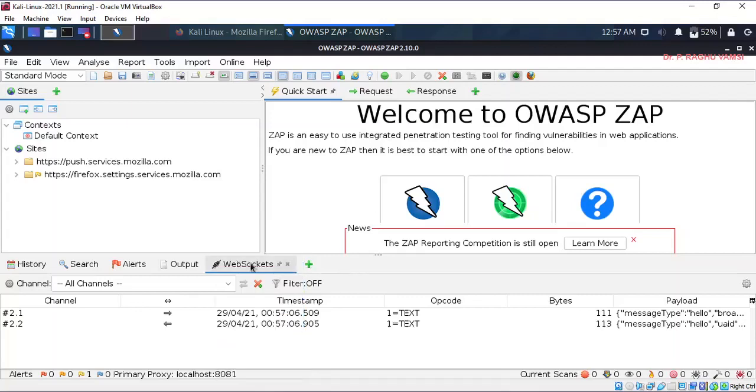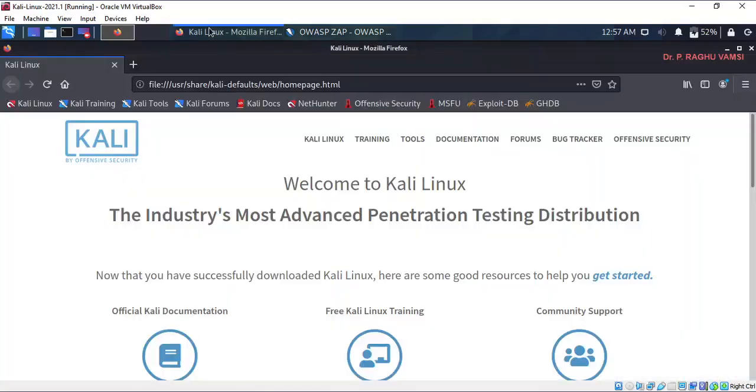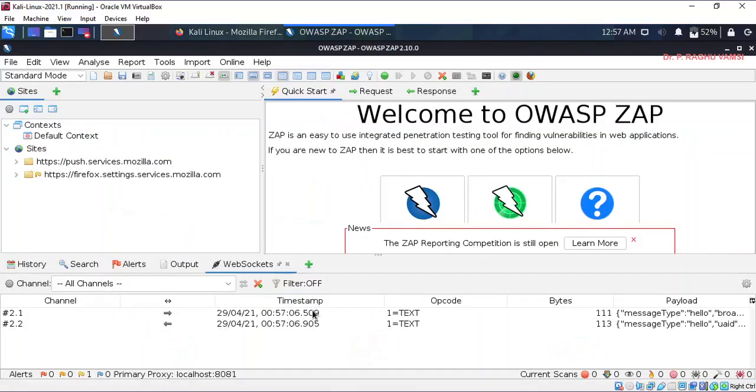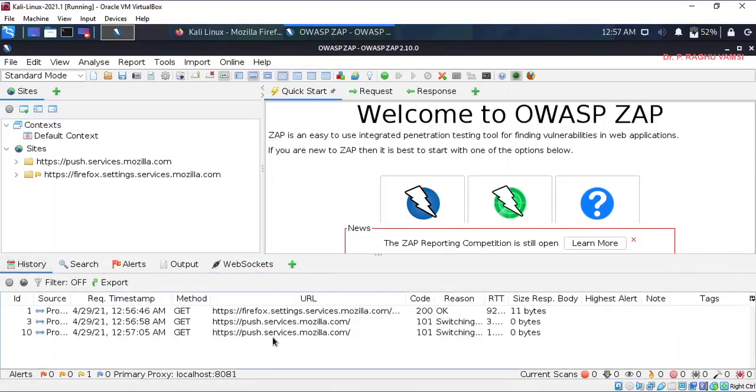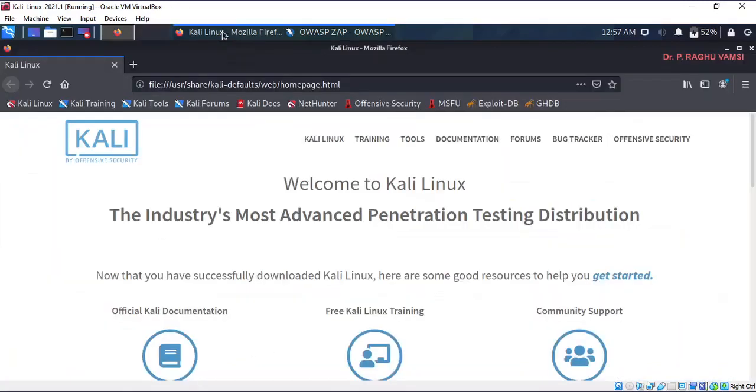Here, the WebSocket was established with the browser because the browser has started and some activity is going on here. So we don't need anything in this. Our main thing is related to the history.